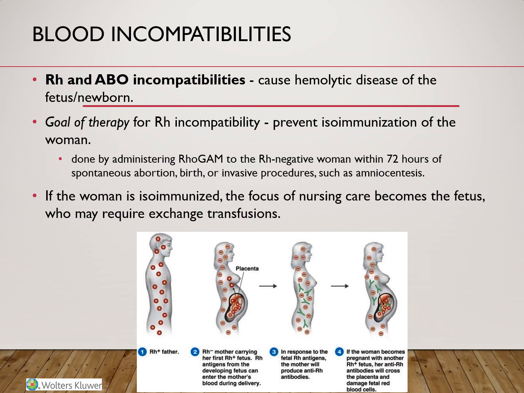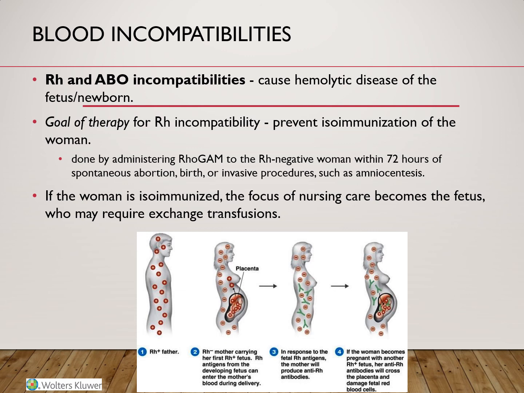The last thing that we'll discuss in this presentation will be blood incompatibilities, and those will be incompatibilities between the mother's blood and the fetus's blood that will cause problems to the fetus. Normally, the two bloodstreams are not supposed to meet. However, occasionally, in some types of trauma, there will be some type of mixing of the two bloodstreams.